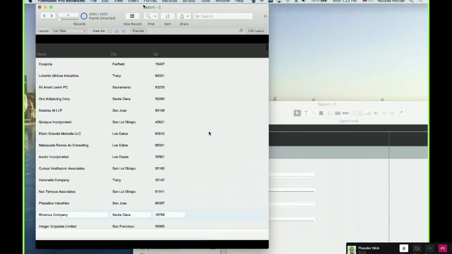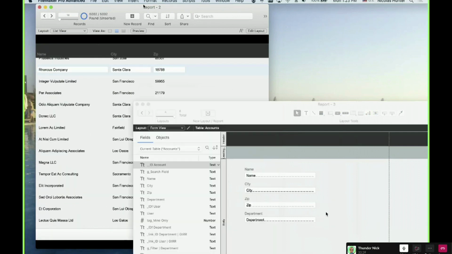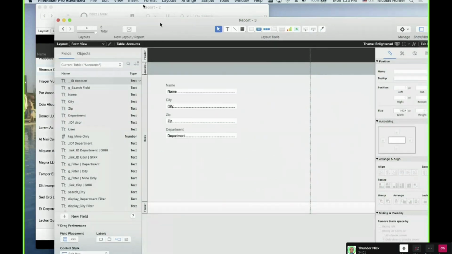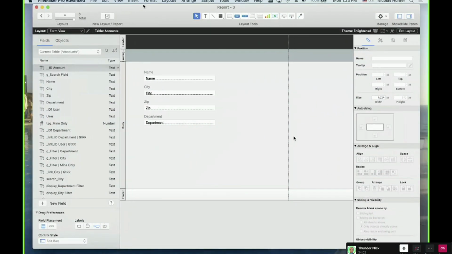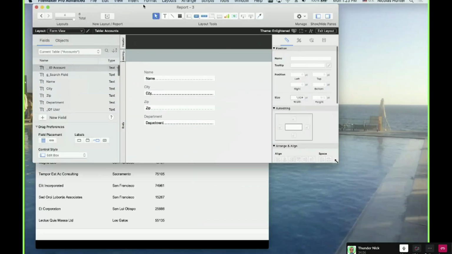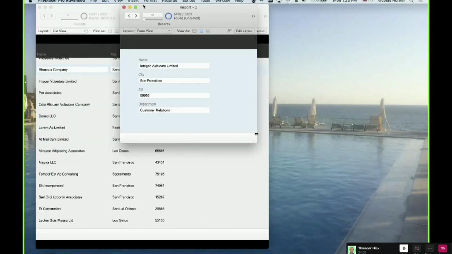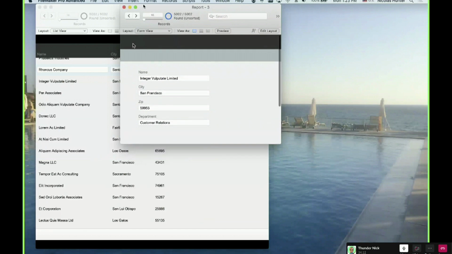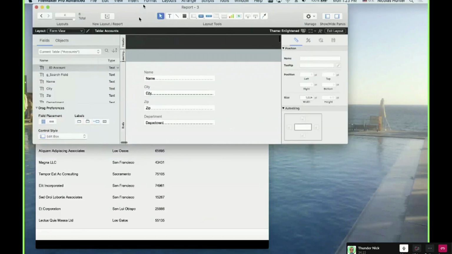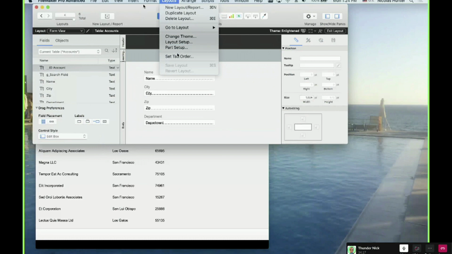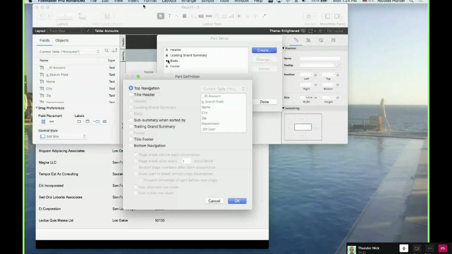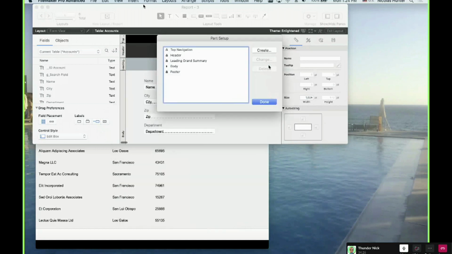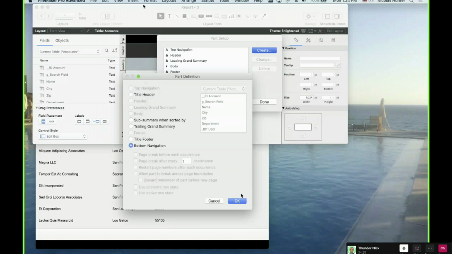There's another difference within the behavior here. When you are in form view and you display a form, let's display the same thing here. Let's go here and display a top navigation and a bottom navigation.